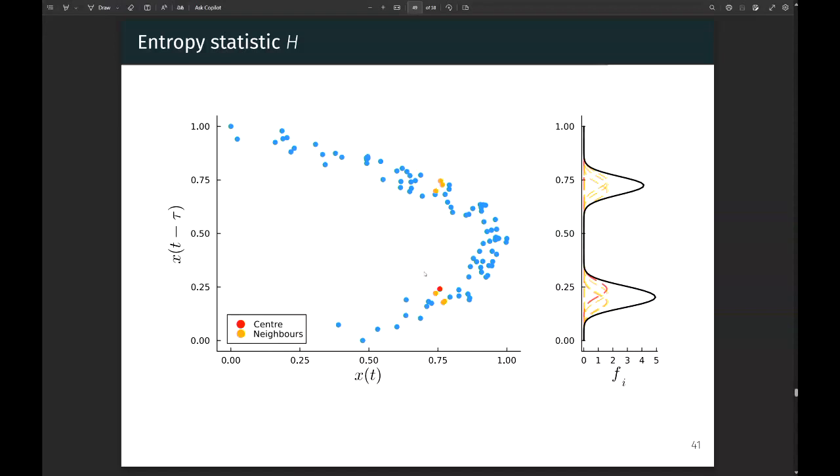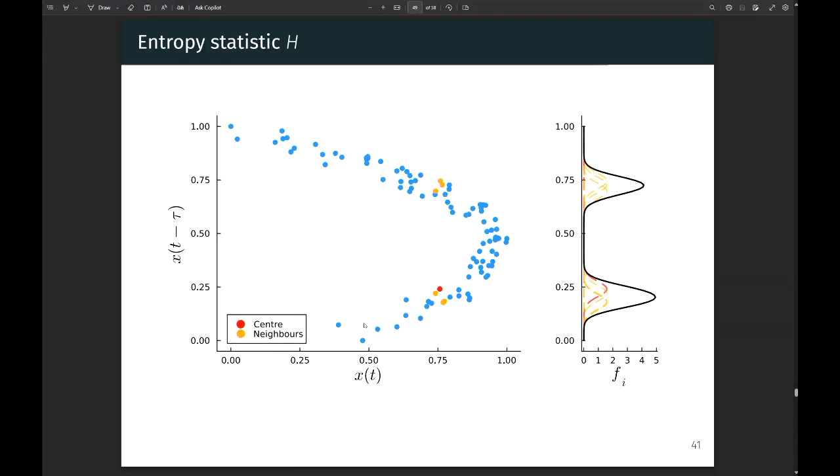Remember, we're going to ask, is there a many-to-one, is there a one-to-many relationship occurring here? Because if there's a one-to-many relationship, it means there are some funny things going on, and we probably want to consider that time lag occurring in our embedding. Now the continuity statistic would have found the biggest epsilon to cover these two balls, and then that will be a statistic.